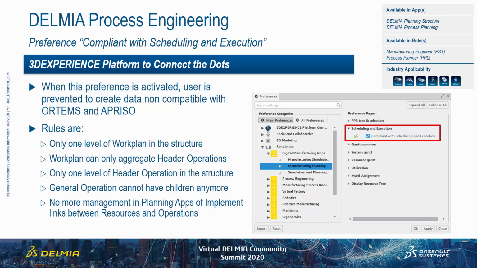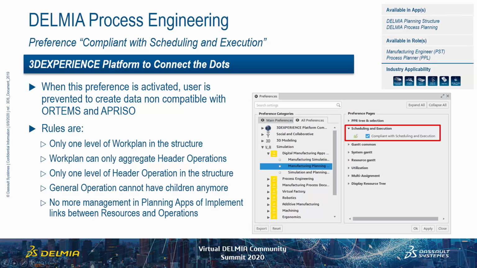So this is an option which has been introduced in 2020X GA to reinforce the end-to-end digital continuity and the full integration between DELMIA digital manufacturing we are talking about right now and DELMIA Ortems and DELMIA Apriso. As soon as you have this option activated, whatever you're gonna define in terms of process engineering data will